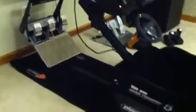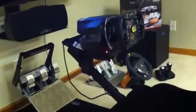I know my last review on my racing stuff was on the Playseat Revolution, and I remember someone commented recently, asking, "Oh, how does a Thrustmaster mount on the Playseat?" And this is just a quick little aside before I get into why I'm doing this video in the first place. The answer for you, sir, is yes, the Thrustmaster does directly mount on it, but because I